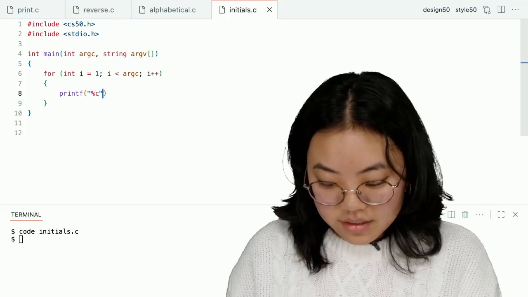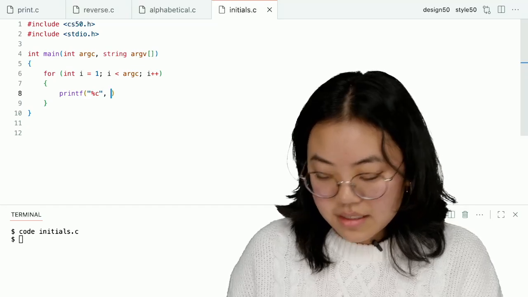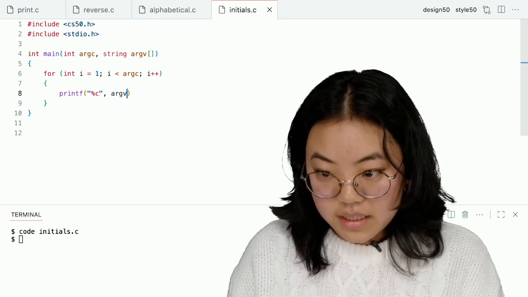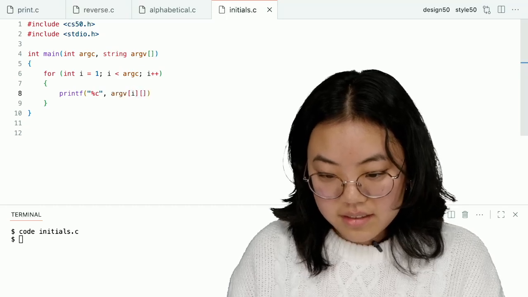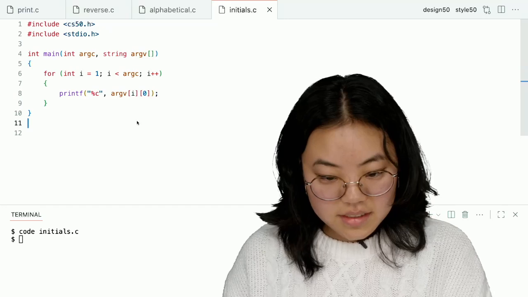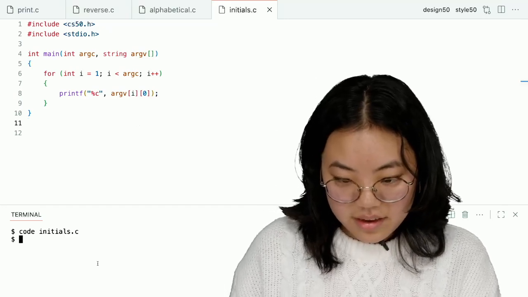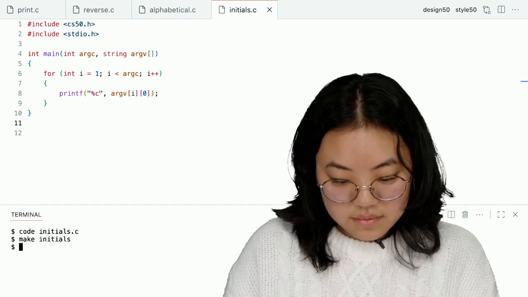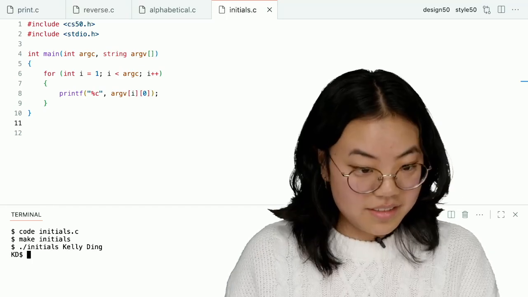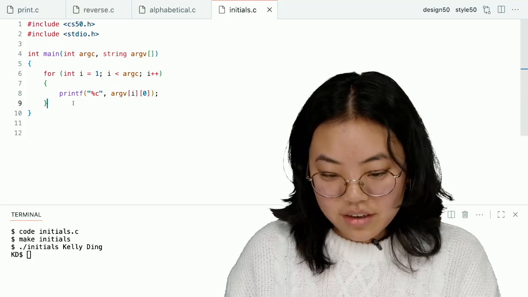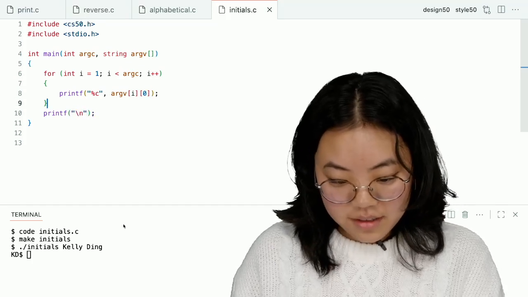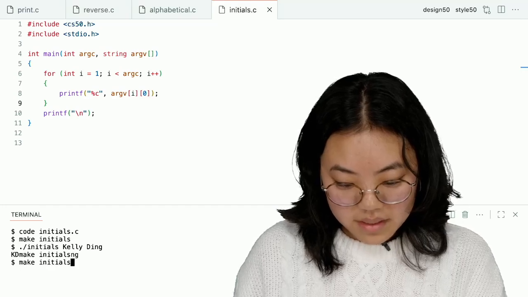So I'm going to print out a character, and that character is going to be argv at index i and position 0. Great. So let's try this out here. ./initials KD. Great. I want to start it on a new line just for stylistic purposes. Let's just add a new line there. Oops. Okay, and then